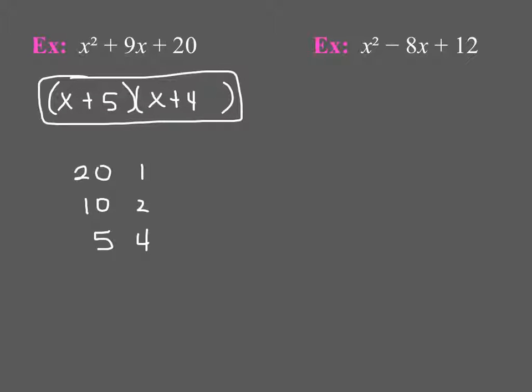If you wanted to check this answer, you would FOIL. So x times x is x squared. If you do outer and inner, you get 4x plus 5x, which is 9x, and then last, 5 times 4